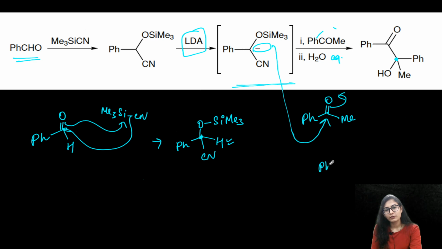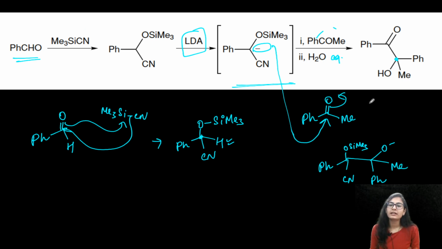So let me just show you what you are going to get if you form something like this. Alright, so you are going to get the O minus and Ph and Me. Okay, this is what you're going to get, and finally after aqueous workup, the OSiMe3 bond is going to open up, as well as the O is going to be protonated. So yes, after aqueous workup,